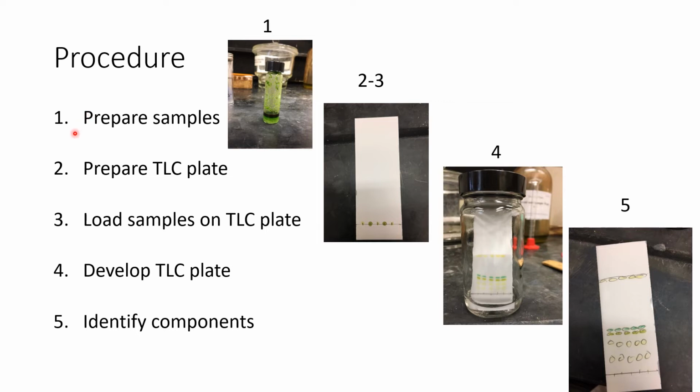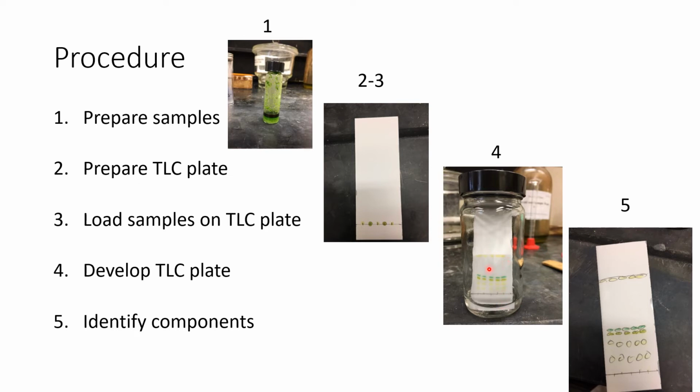So the very first step is, of course, preparing your samples. You will do it in the glass vial right here. And then the second step is to prepare a TLC plate. This is what a TLC plate looks like. Then the third step is to load your samples from this glass vial onto the TLC plate just by spotting them. And then later you put the TLC plate into a capped jar and let the solvent climb up,